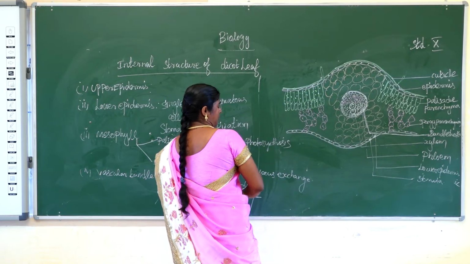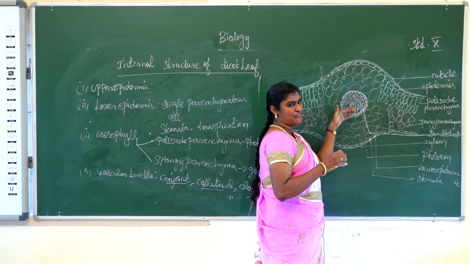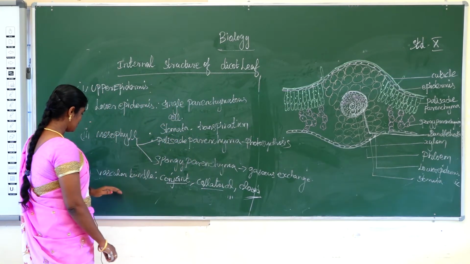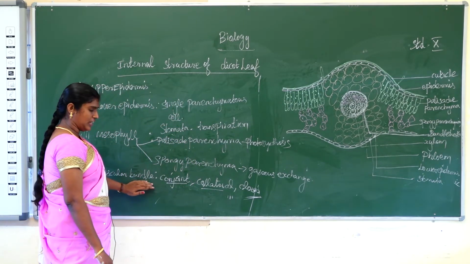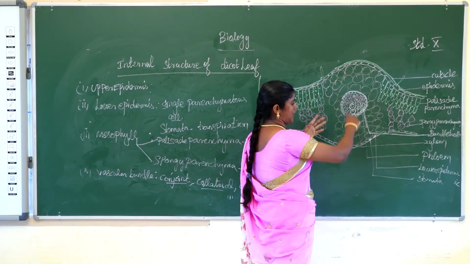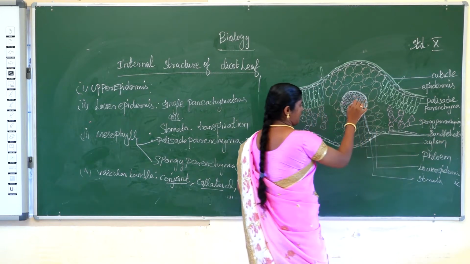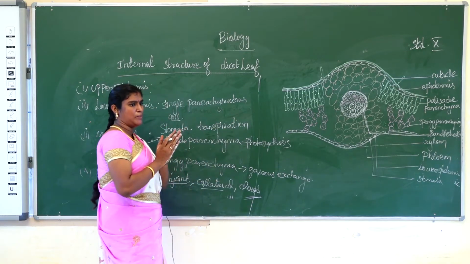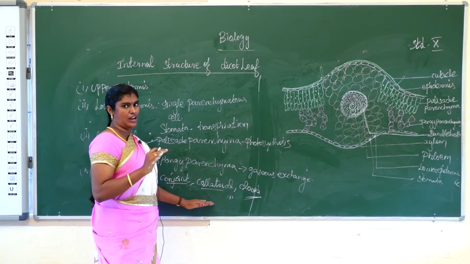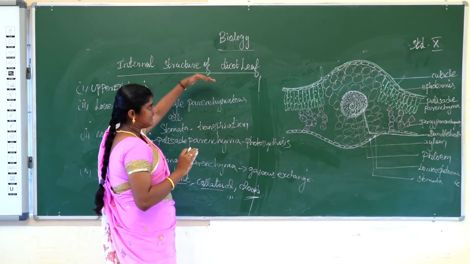What is the meaning of closed? It means without cambium. Cambium is not present between the xylem and phloem, so it is called closed type of vascular system. Again, vascular bundles are present in the midrib, which is larger. Each vascular bundle is surrounded by parenchyma tissue, called bundle sheath. The vascular bundle consists of xylem and phloem elements. Conjoint, collateral and closed type of vascular bundle is present in the dicot leaf.